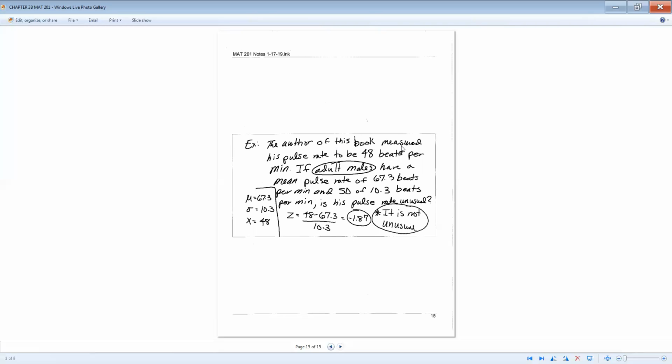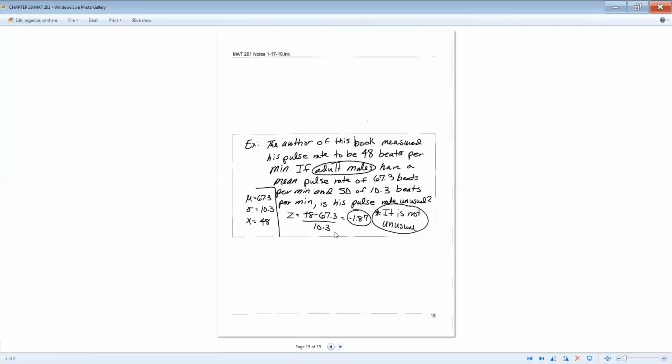All right, so the author of this book measured his pulse rate to be 48 beats per minute. If adult males have a mean pulse rate of 67.3 beats per minute and a standard deviation of 10.3 beats per minute, is his pulse rate unusual? So the data value in question, we're looking at 48 beats per minute. They give us the mean 67.3, standard deviation 10.3. Throw that in your z-score. That's 48 minus 67.3, over 10.3. So we put that in our z-score form. That gives us